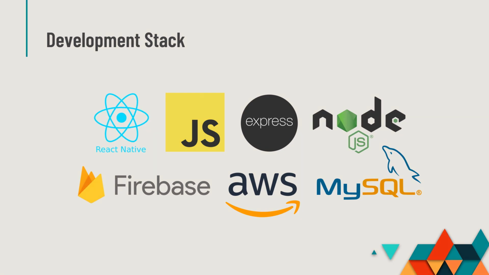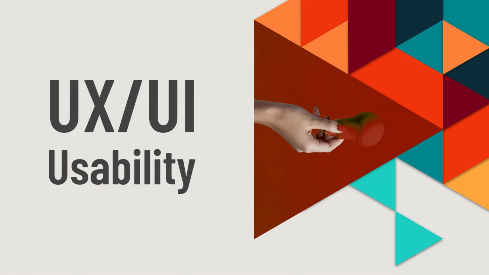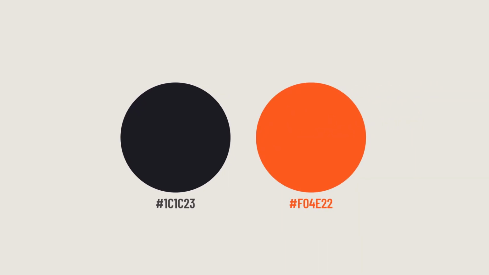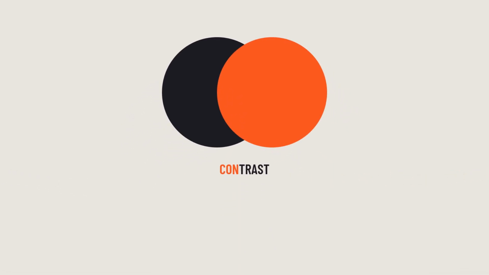And the following section that I will talk about is the UX UI usability. Here's a color that we first came up with, but only one color is not enough, so we came up with another color which will make our application implemented in the black and orange color. With the combination of black and orange scheme, this will make it easier for users to distinguish between different elements